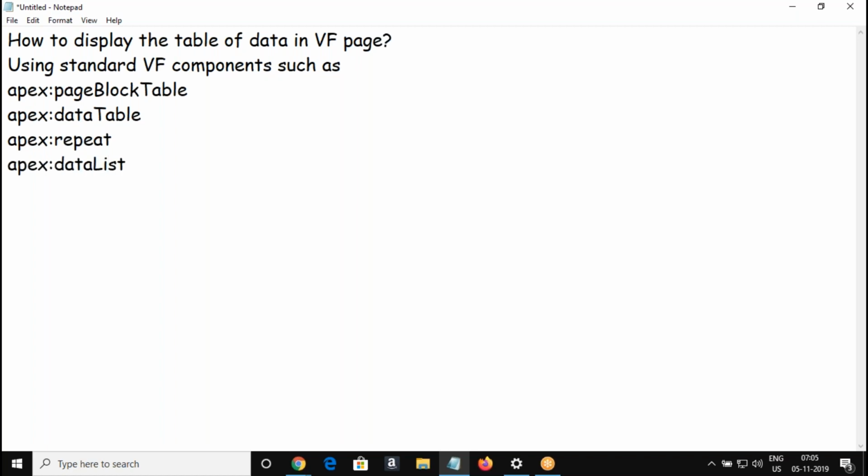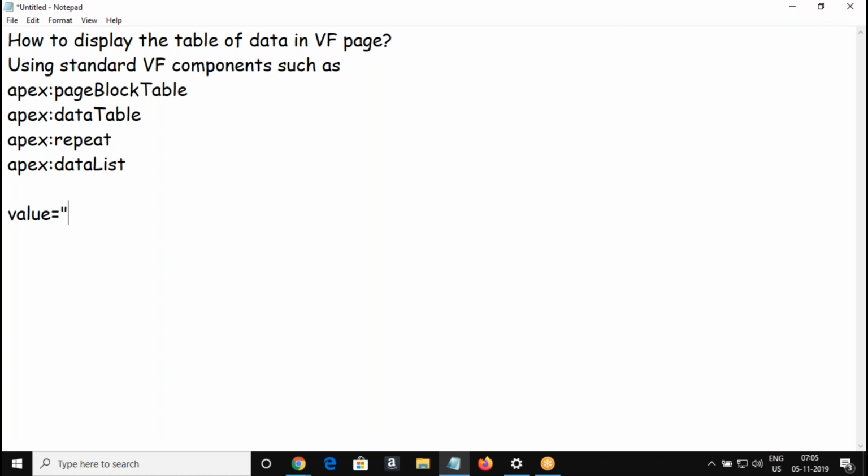So these are the components we can use to display the table of data. What are the important attributes we have in all these components? What are the attributes you'll use to display the table of data?